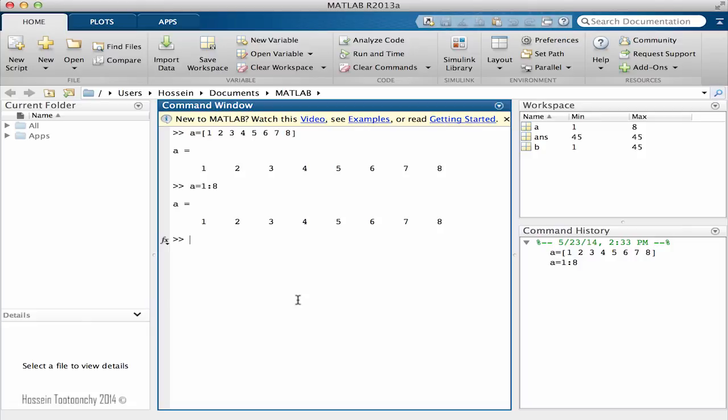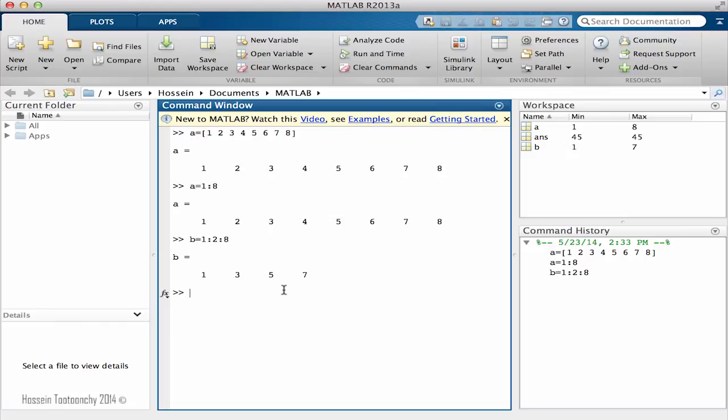But how about if you want to create a vector which jumps 2 steps ahead, not 1 step? So I can do that by B equals 1 colon 2 colon 8. Now I will tell MATLAB that start from 1, go to 8, but not 1 by 1, just jump 2 a step. And if I do that, you see that after 1, 2 is going to add it to it, becomes 3. 3 added to 2, 5. 5 added to 2 is going to be 7. So this is another way to create a vector with some specific